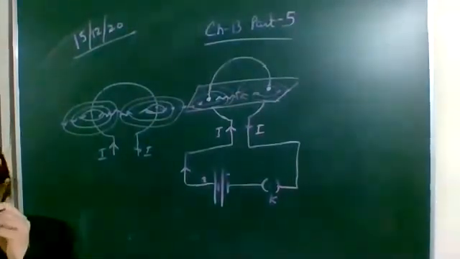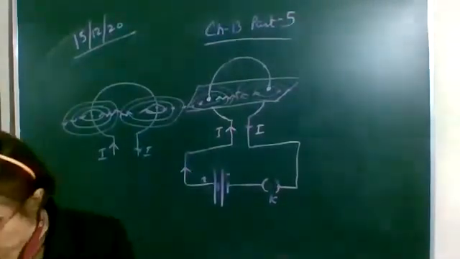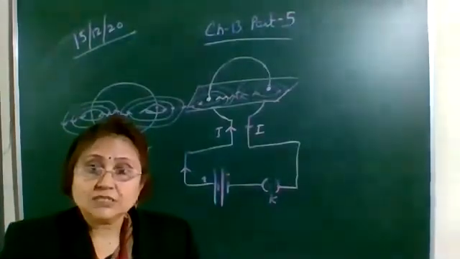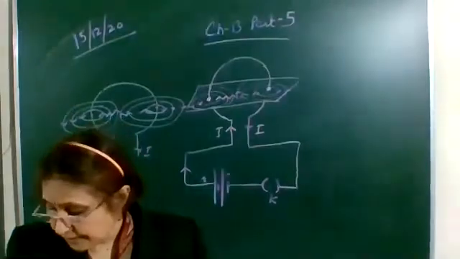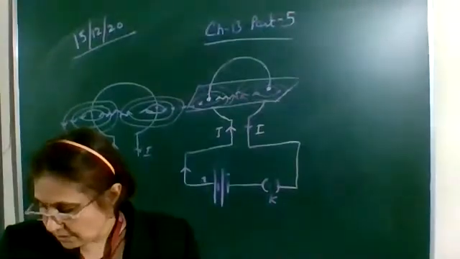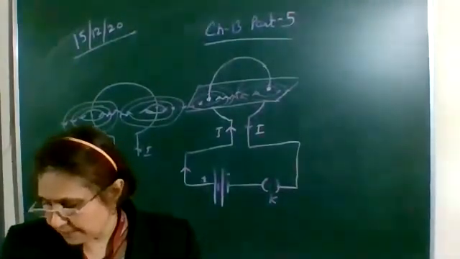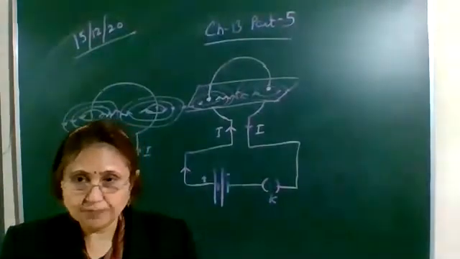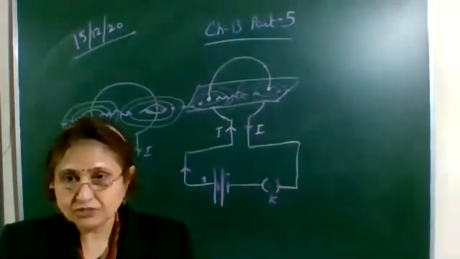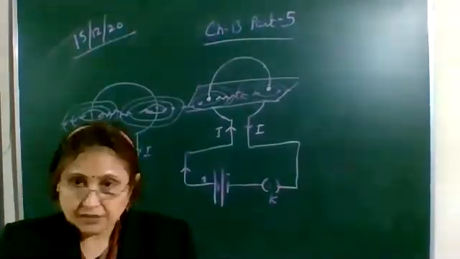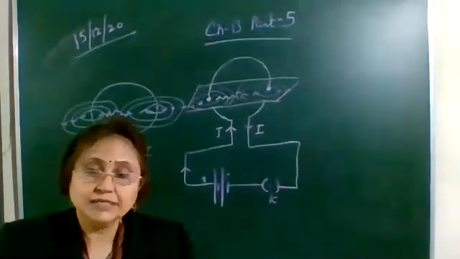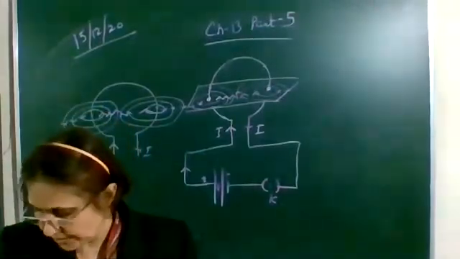Now the next topic is solenoid: magnetic field due to a current in a solenoid. We have already studied the solenoid in the lower classes also. What is a solenoid? Here again it is given: a coil of many circular turns of insulated copper wire wrapped closely in the shape of a cylinder. A large number of turns of insulated copper wire is wound on a cylinder. So this becomes a solenoid, and when the current is passed through it, we call it a current carrying solenoid.